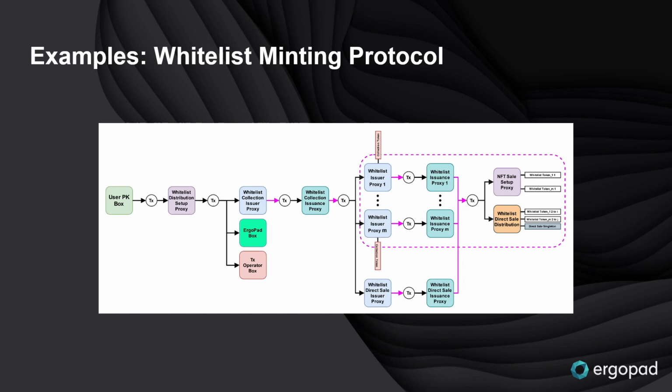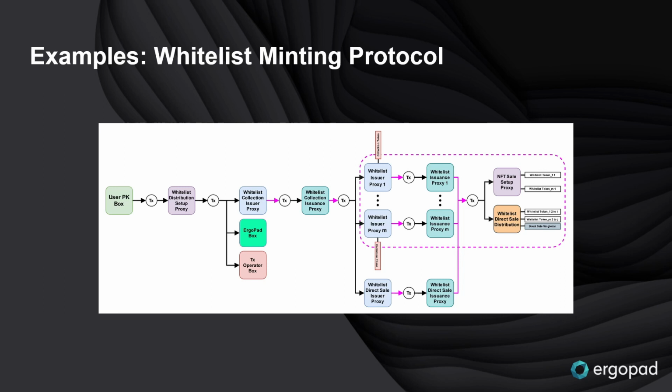In the next transaction, we actually mint a collection, using the collection EIP, and this lets you mint whitelist tokens as part of a collection. If you had watched one of my previous videos about the anatomy of the Ergo blockchain, where we talked about what a token was and what an NFT and minting was, then we know that we need an issuer and an issuance box. The issuance box will contain the tokens whose ID is the ID of the first input box in the